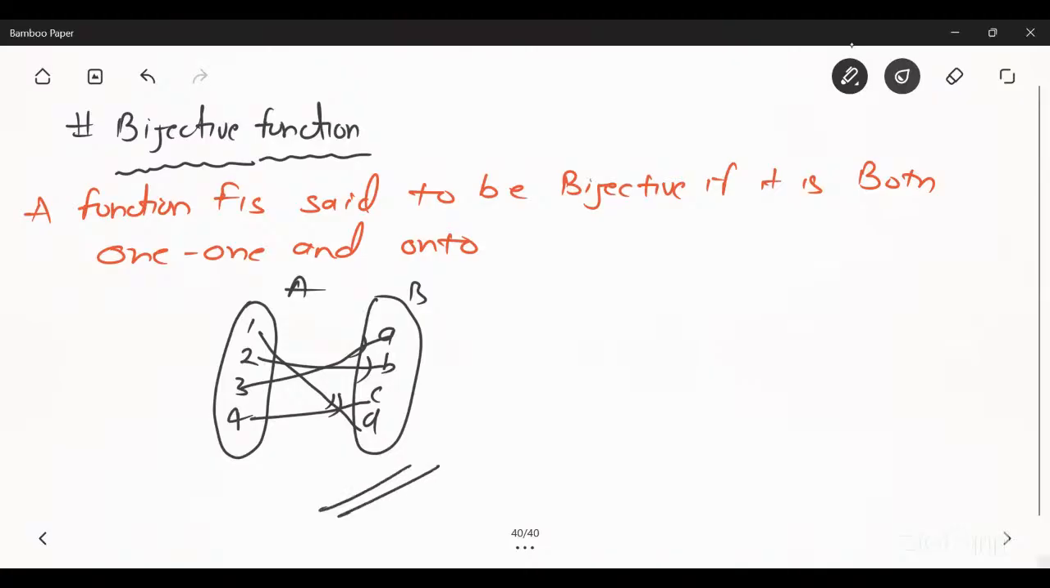What are the two conditions for a function to be bijective? Firstly, it should be 1-1. That means the elements of B have unique pre-images in A, and no element will be left in B. So that function is known as the bijective function. Now, second is